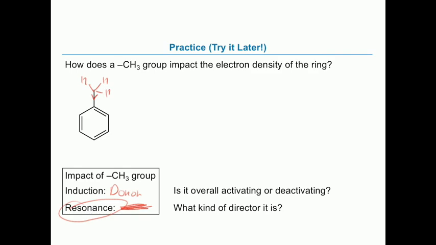Now, a similar thing is happening here, but it's easiest to visualize if we form the sigma complex. Let's say I'm going to add to the ortho position of my group. I'm going to use an electrophile to add to that position and just draw what the consequence might be. So if I have my methyl group here, I have added to the ring with my electrophile, and I've created this carbocation, which is one possible resonance structure, and then delocalizing that out, that sigma complex would also look like